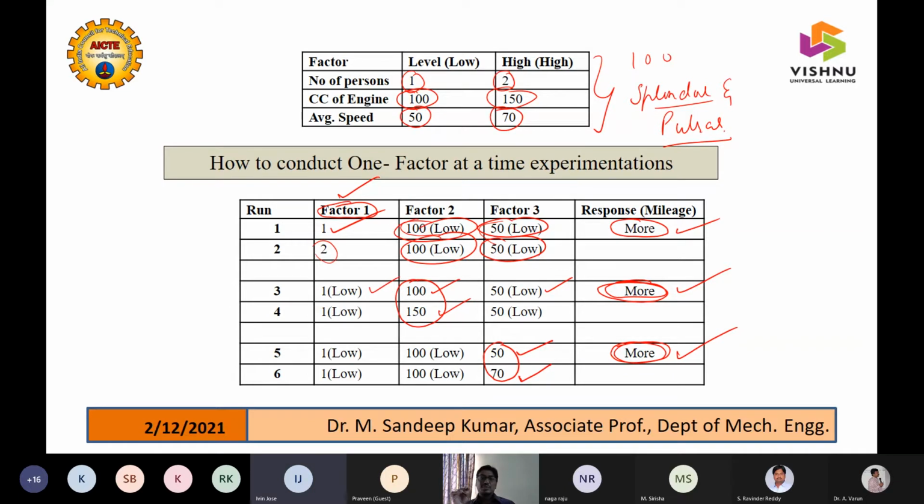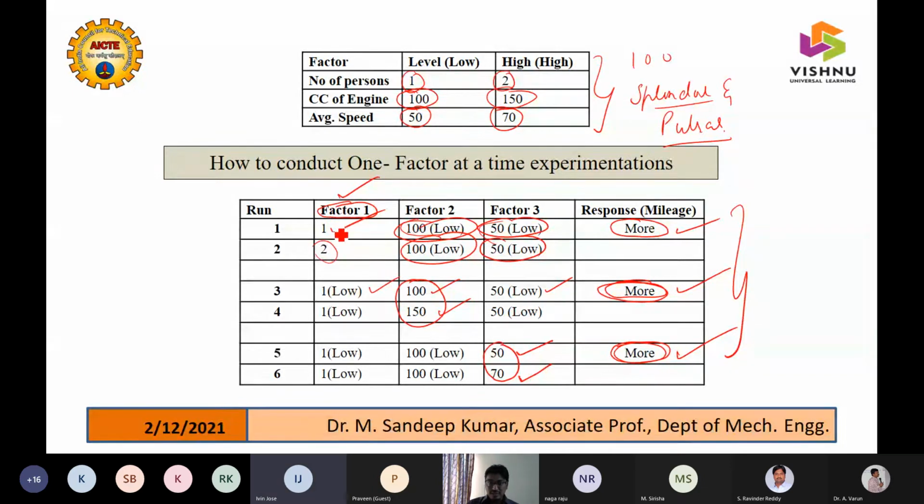I'm just speaking about the responses. Why can't you use one factor at a time? Generally, in normal experimentation, we try more or less one factor at a time only. When you are not introduced to DOE, you know only that, and most probably we do this kind of experimentation. Here we have 3 conditions, but we are not doing any other extremes. Yes, this is one problem with one factor at a time, but we are not interested in that. What we are interested in here is this level.